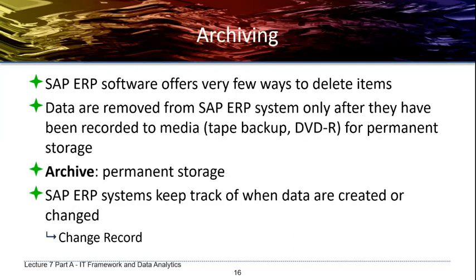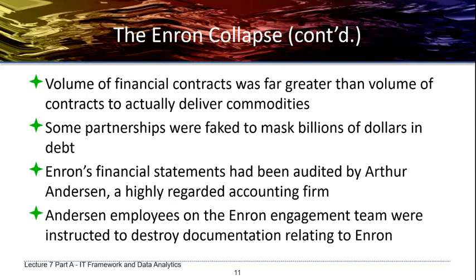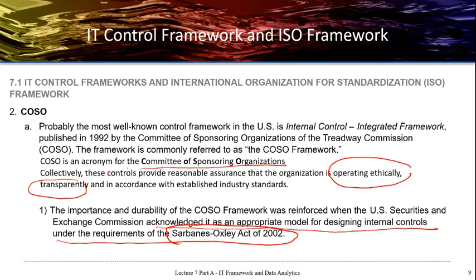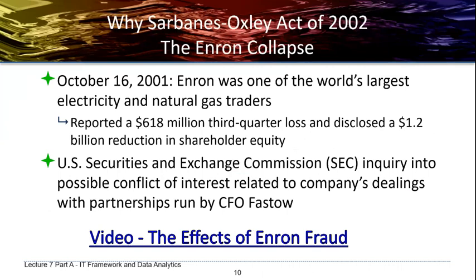So what I'm trying to say is, because of this big Enron collapse, if the organization had used the COSO framework as a control framework, or if they had ERP software, this would not have happened. So let me show you this Enron,